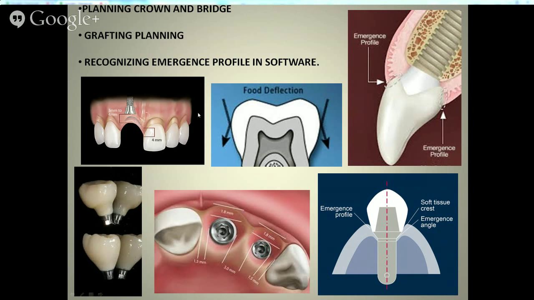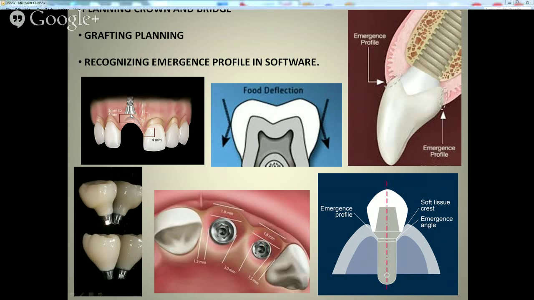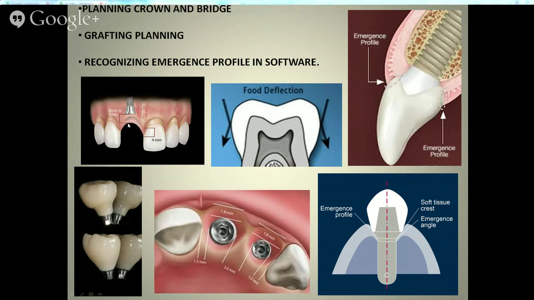If you look to the left, you'll see a picture with a missing number 8, but it also shows parameters in dealing with running room. In other words, the distance from the top of the platform to the free gingival margin, and typically the ideal is 3 to 4 millimeters. If we have less than that, it's very difficult to develop an emergence profile that is easily maintained and treats the gum tissue kindly, and it's also very difficult to create a tooth form with less than 3 to 4 millimeters of a sulcus to start the emergence profile out of